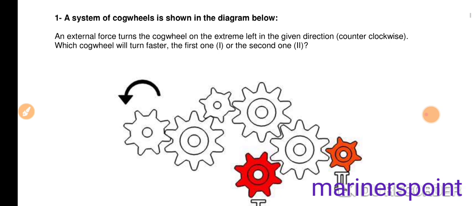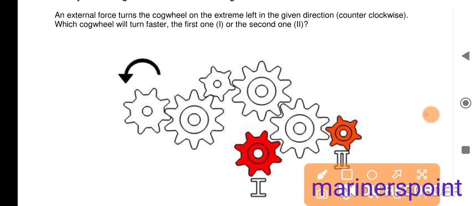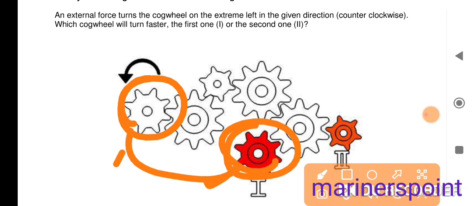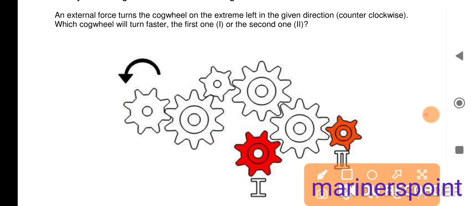Okay, so for faster or slower, see the figure: it is a bigger one, and this one is about the same size. Okay, and this is a smaller size. So the concept for solving this type of problem for slower or faster is that if the final wheel is smaller, then it will move faster. If the final wheel is bigger, then it will rotate slowly.